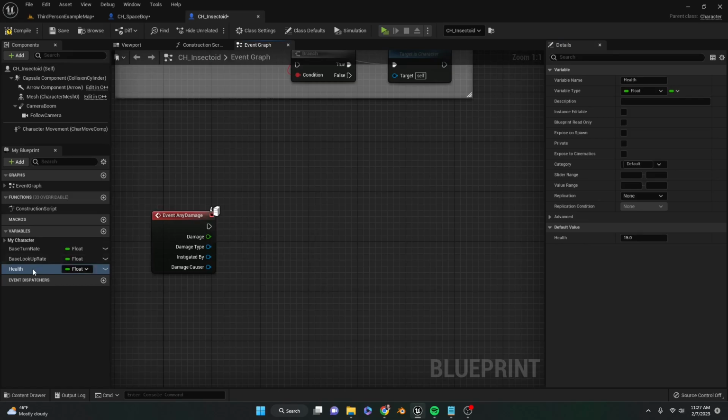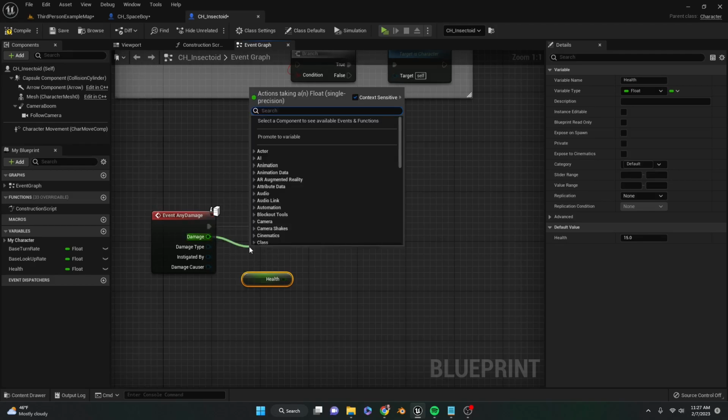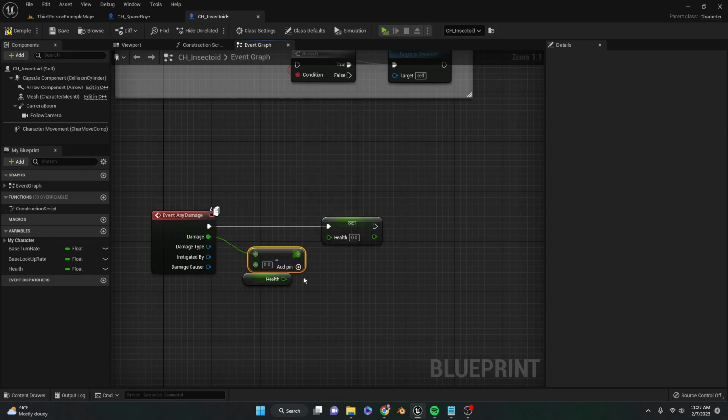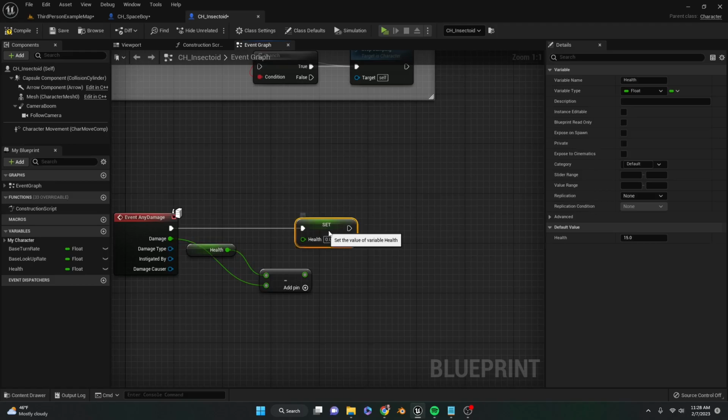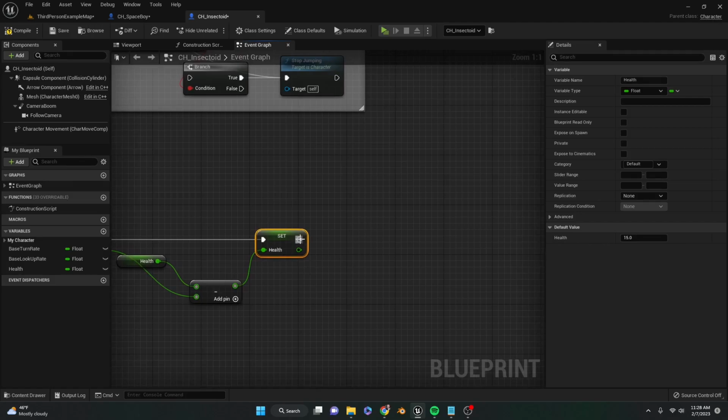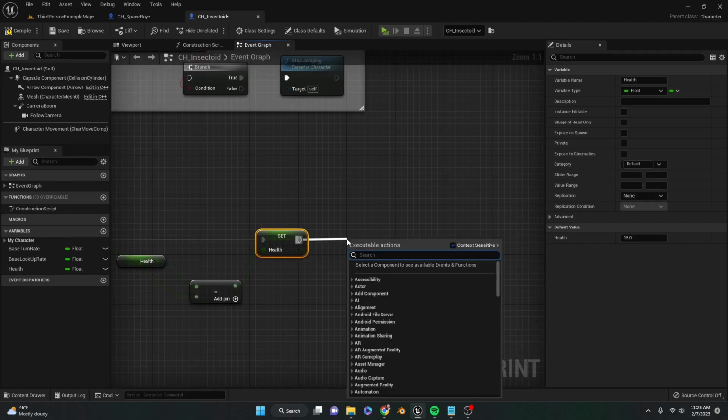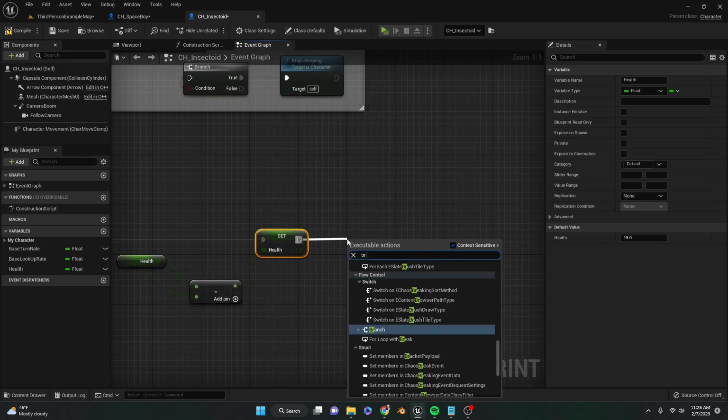So anytime we receive damage, we are going to set our health, and we're going to go to Health minus, subtract. So we're taking our existing health here, and we're subtracting the damage that we received, and then we are going to set our new health based on that. So we set all our new health here. Now we need to check to see if the character, the insectoid here, is still alive. So we're going to do a Branch,